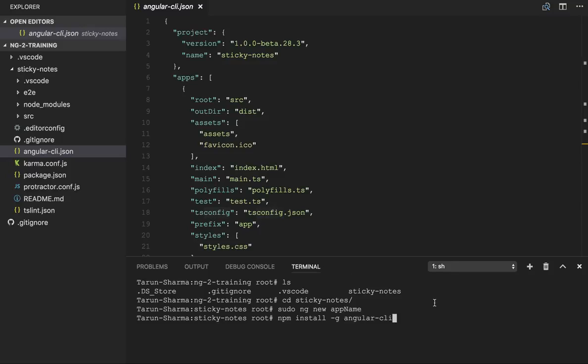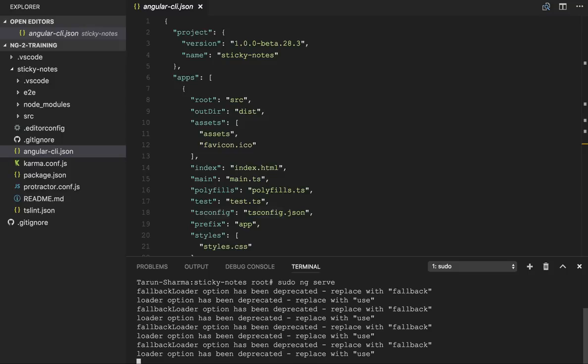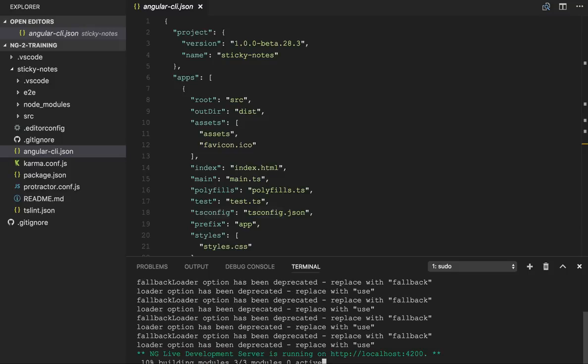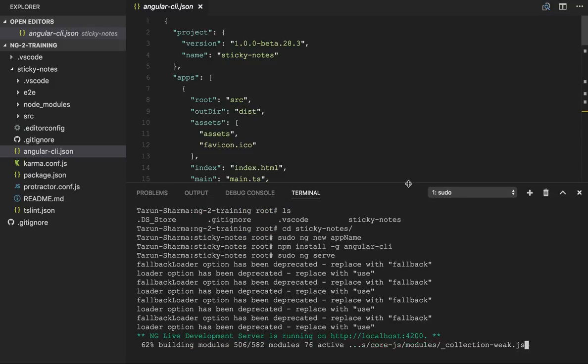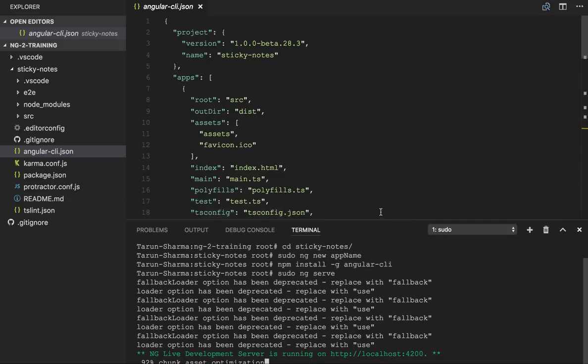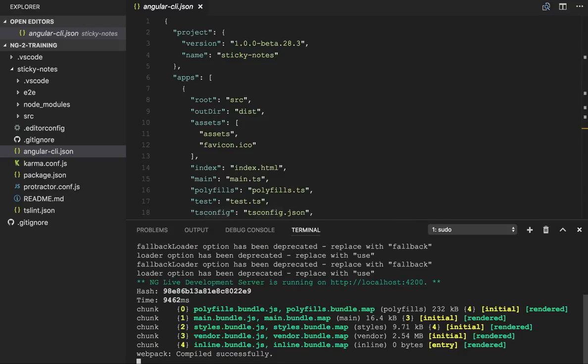From this, if you want to run your application, you can just write ng serve. That's it. It will start compiling your code. Let me just do that. When you hit it, it will compile your code and start your application on localhost 4200, right? So let's start our application development. Here we will create a simple component and we will